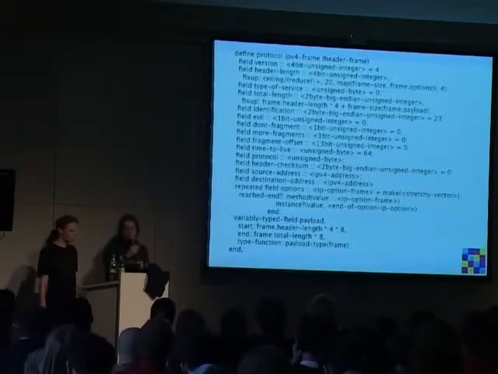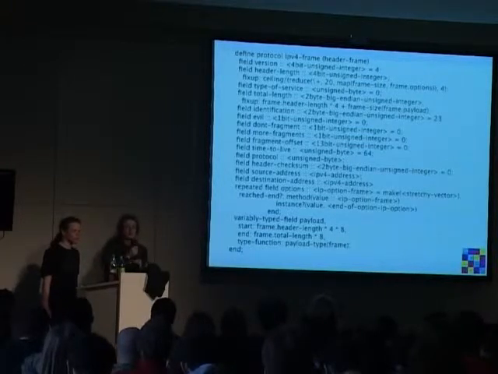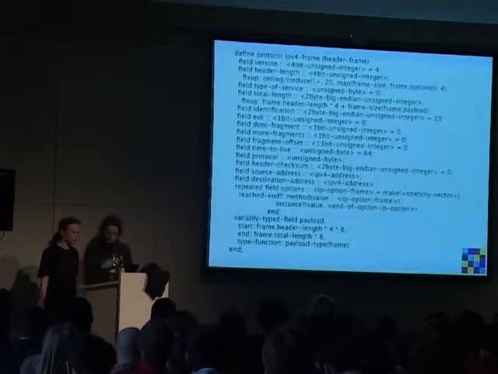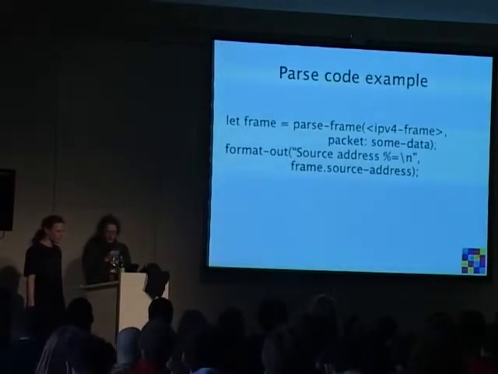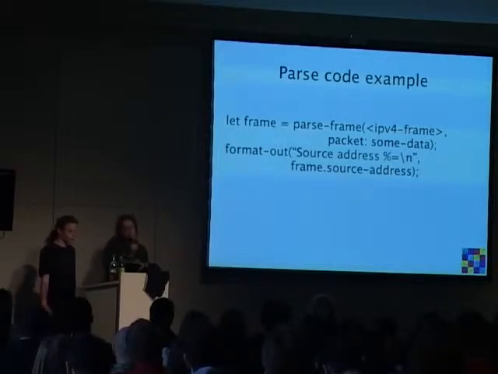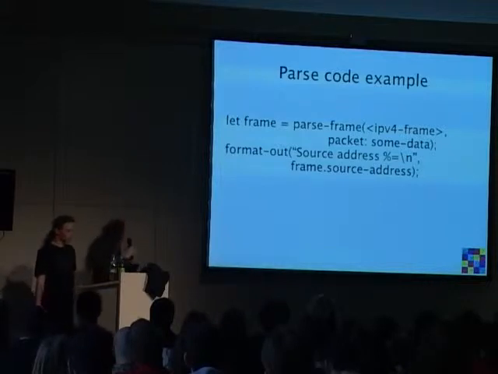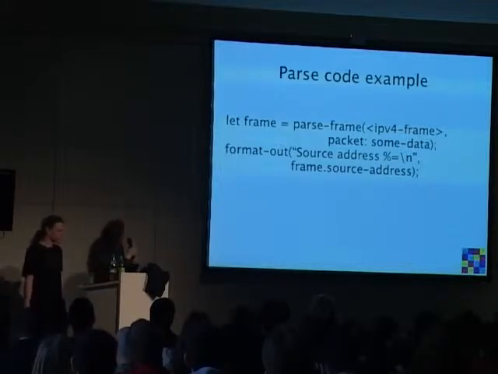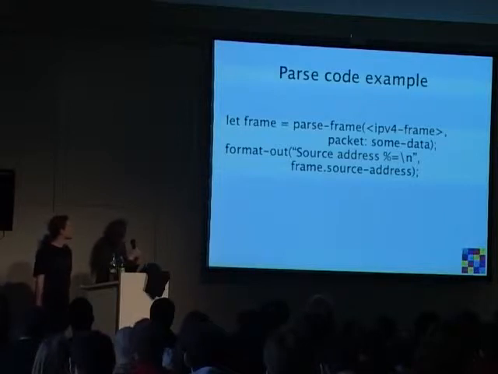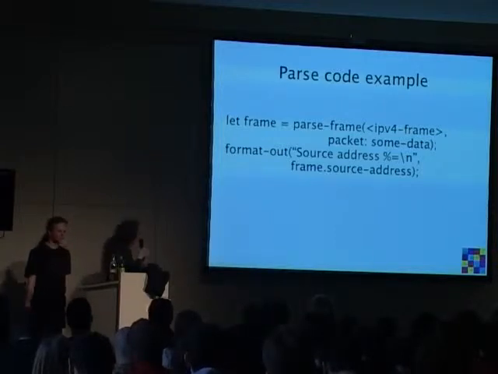Okay, so the next step is showing what you can actually do with that after so much theory. And here's an example of how you actually use the API. So assume that we have defined our IPv4 packet frame format. Then the next step you can say is you have a generic function parse-frame where you pass the type of the frame you want to parse and the packet where it comes from, obviously. And you get back